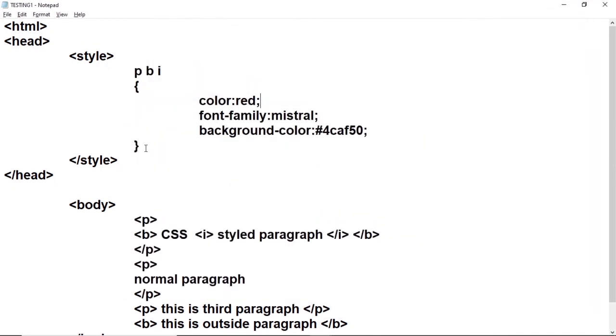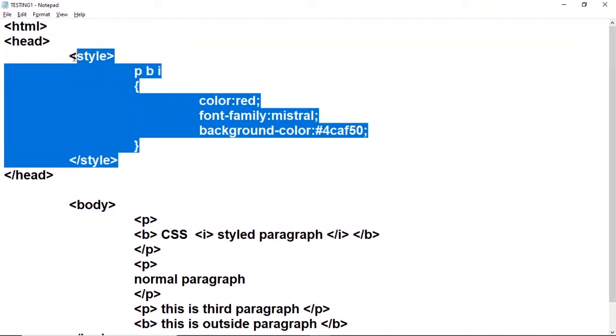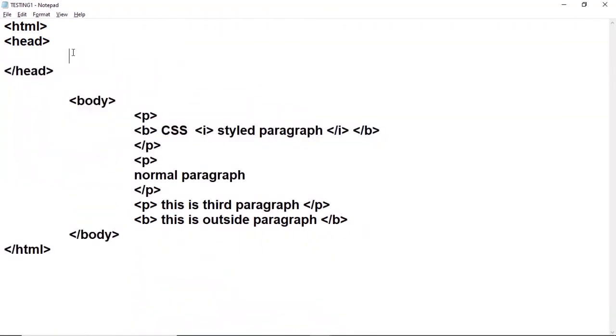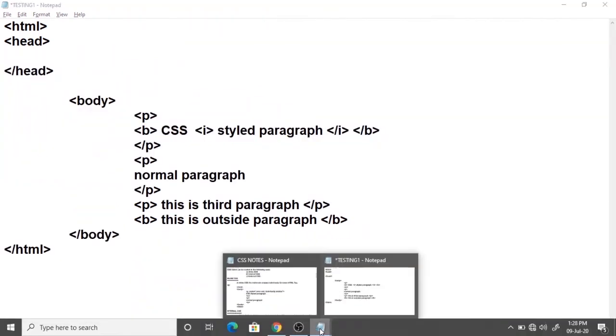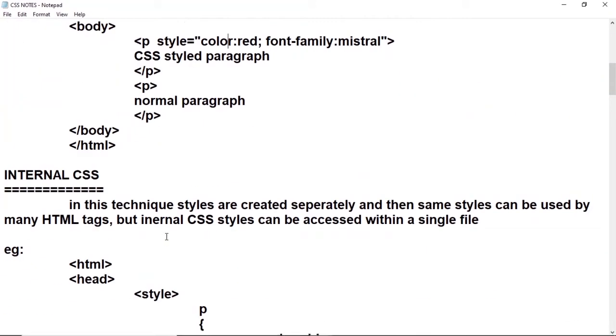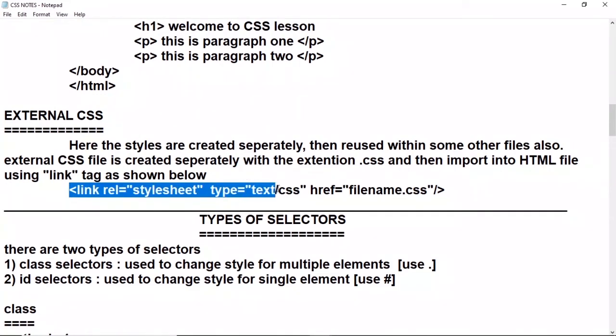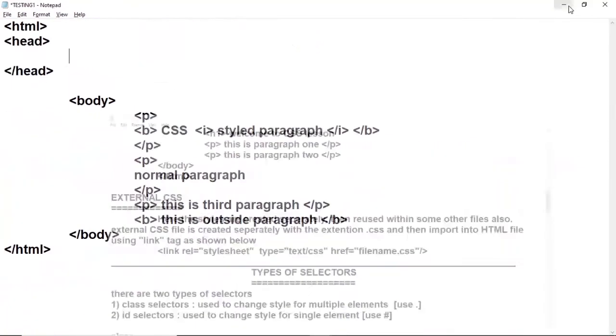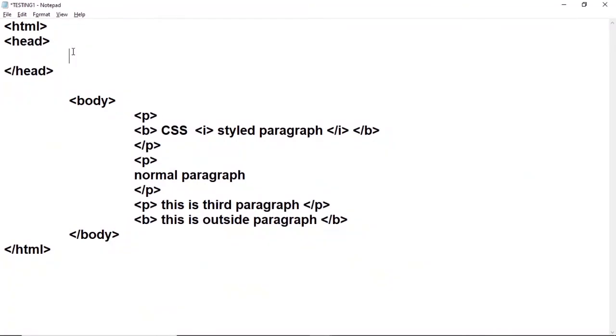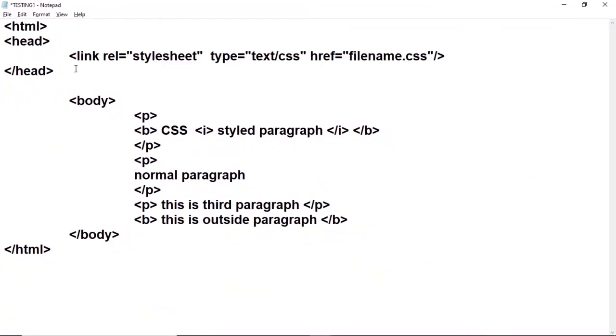Now how to implement that file over here? That file can be implemented in a very easy manner with the help of this particular step. You can see here, internal and external CSS file. This is the particular step. So let us copy this step which links the file and paste it in our file head. Inside the head section you have to write this. What is the meaning of this step? Link rel stylesheet, of the type CSS, and href, the particular file name.